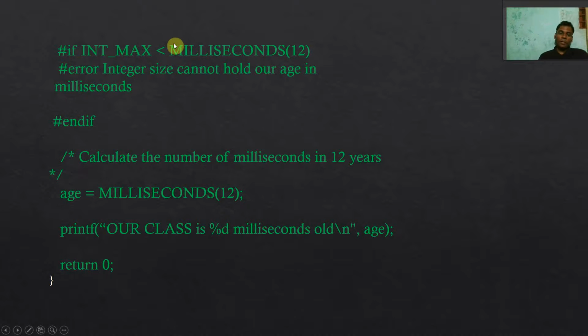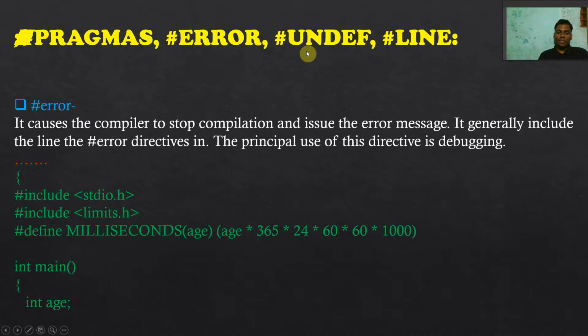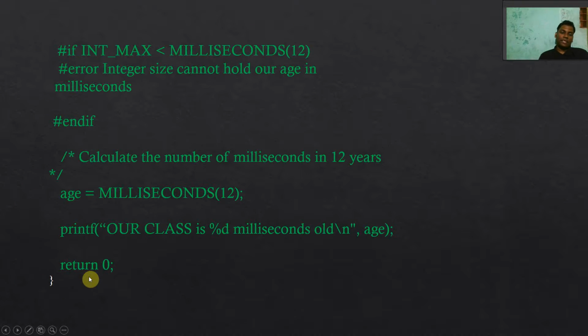We have used a milliseconds value which is really greater than integer max, so the condition is true, the code will not be compiled or executed, and the error message will be shown. But the important thing is the error message will not be shown in the code, it will be shown in the log of